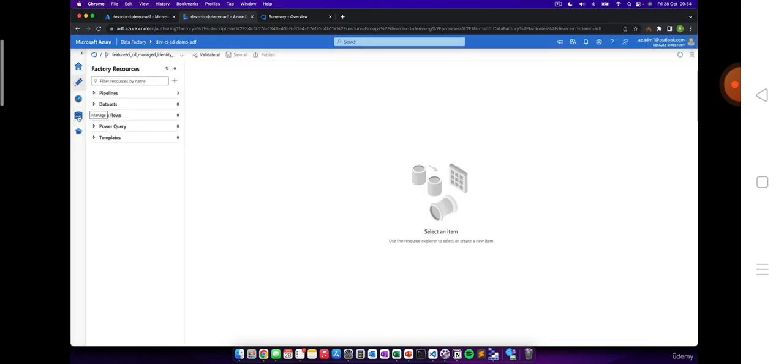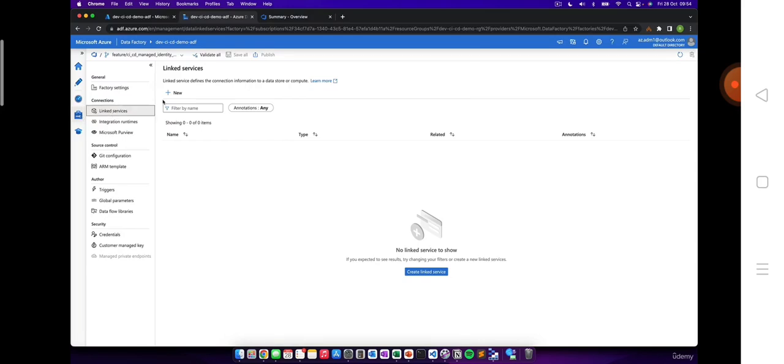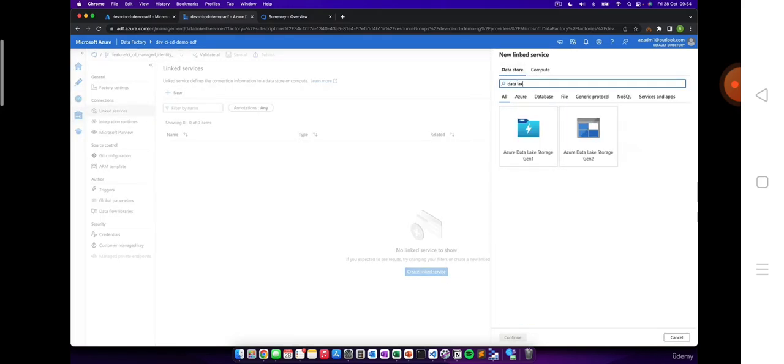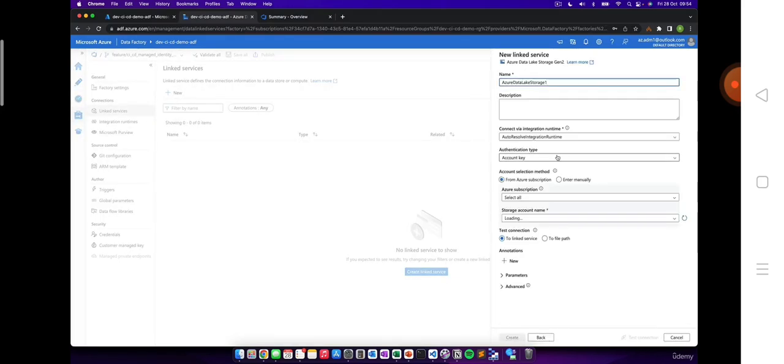So come over to the Manage Hub and click on Link Services and click New, and let's search for the data lake storage here. And we need the Gen 2 data lake storage, and let's click Continue. And I'm going to give it a meaningful name. I've called it as LS-CICD demo DL, which is the data lake name. And